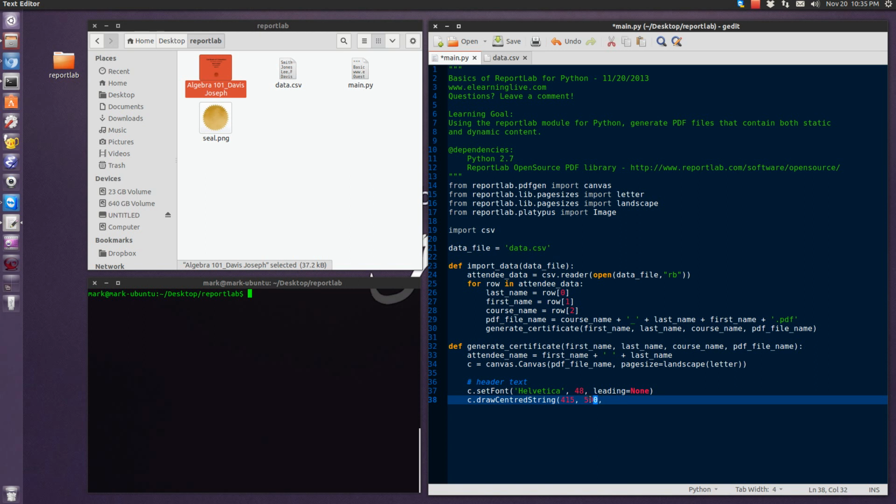Here's something that's not obvious at first from the documentation. That's 500 from the bottom of the page. So 0 is at the very bottom. The higher you go with the number, the higher up. So it's very important to remember that, or you won't, like I didn't at first, and you'll figure it out. So I'll just call this certificate of completion, and then the next thing we'll populate our certificate with is just some more